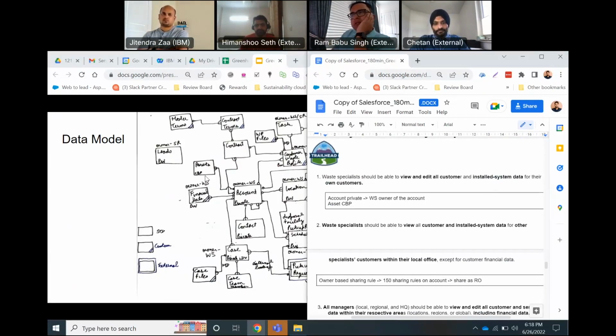But installed systems are sending signals, right? And those signals are already present in the system that you had. And what you are saying now is that you are going to bring the installed system back in Salesforce. So are you duplicating these things with the other system that we already have, or what is the advantage of